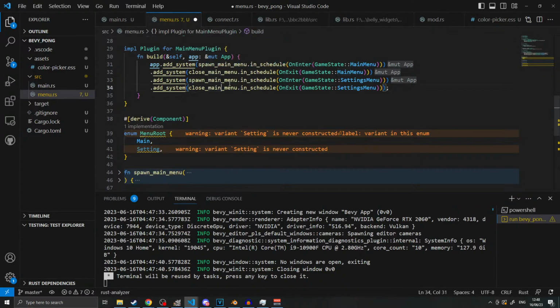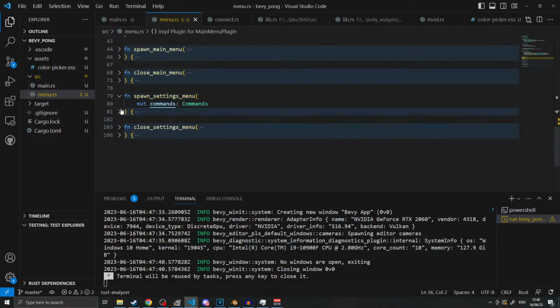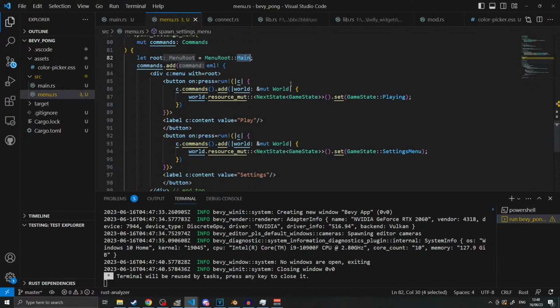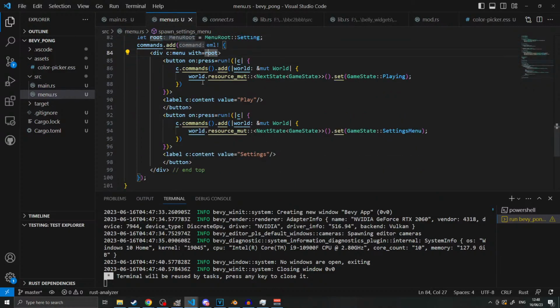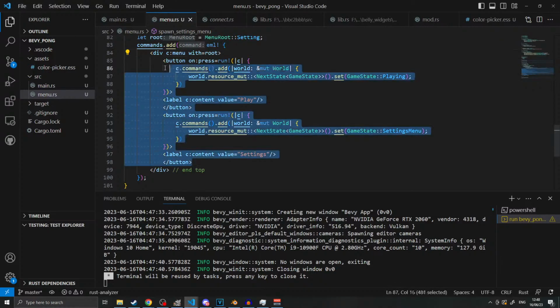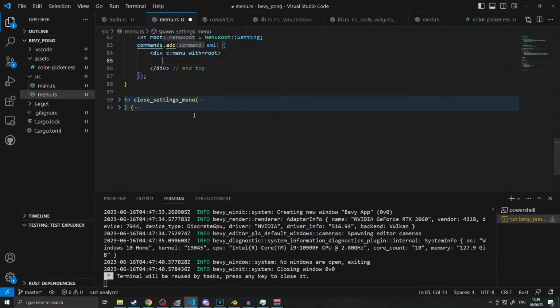This one, again, we're going to change to setting, because that's another thing, it's a lot easier to duplicate code, because I'm just changing setting here, and it's the only spot that is relevant. So the settings is obviously going to be laid out a little bit differently. So what we're going to do is